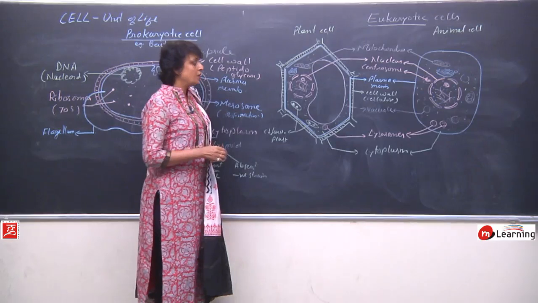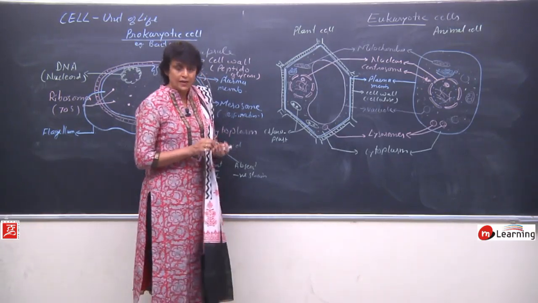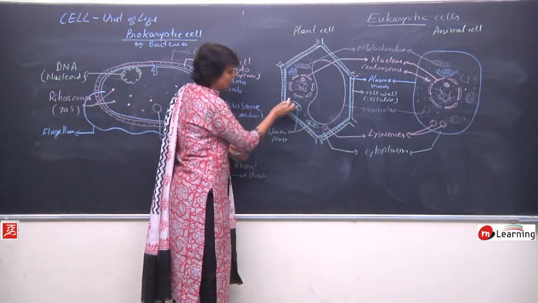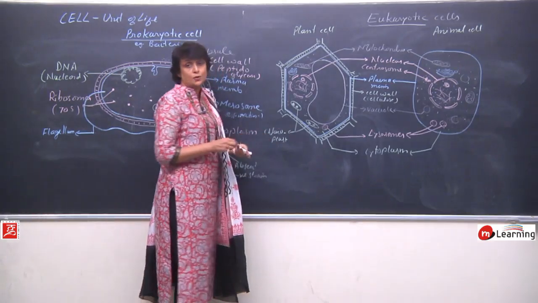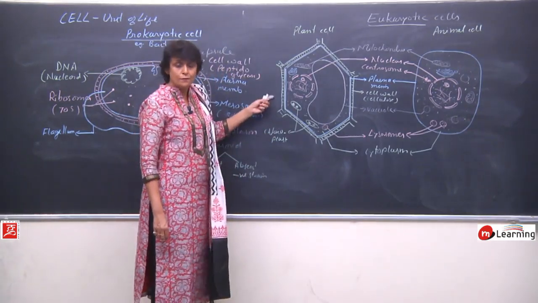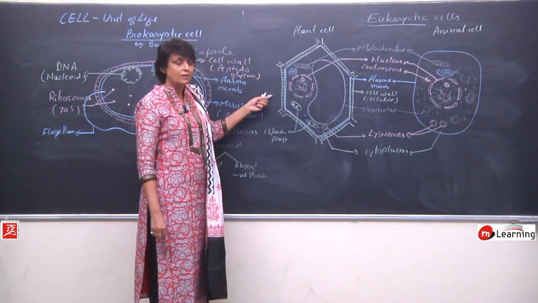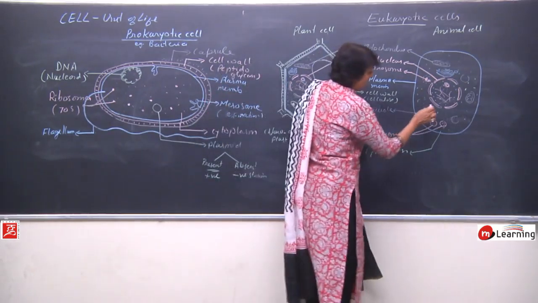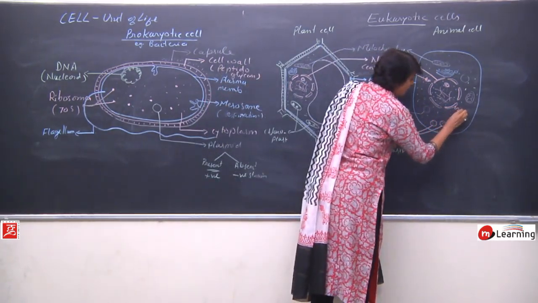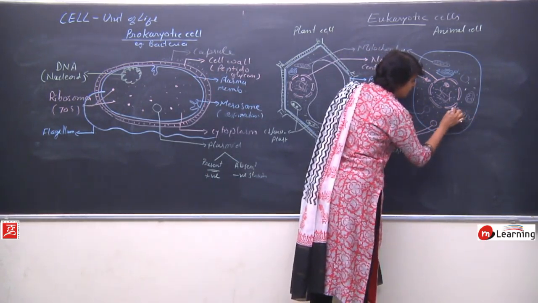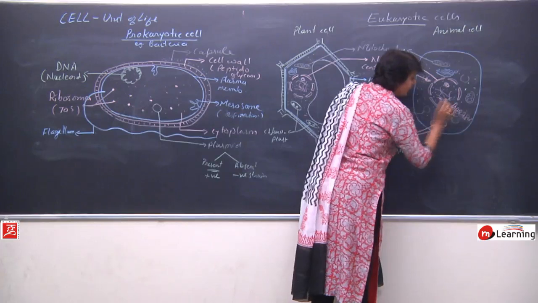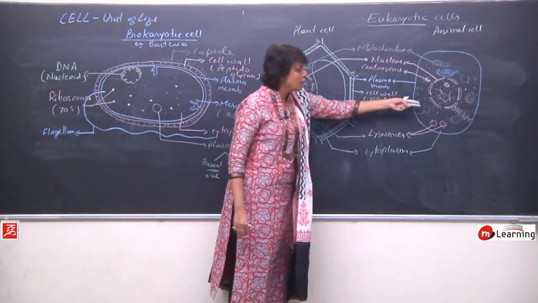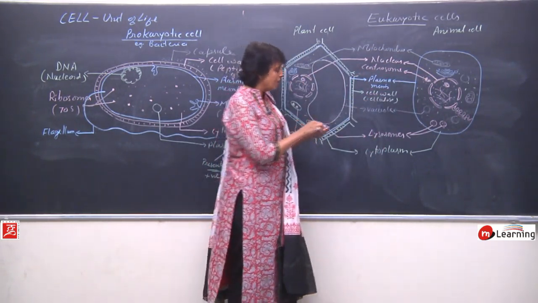One more organelle which we need to draw is the endoplasmic reticulum. It is a network of tubules which normally runs between the nuclear membrane and the plasma membrane. There are two types of endoplasmic reticulum. One is rough, which we call RER or rough endoplasmic reticulum, and the other is smooth. So we will draw one of both. Normally this is drawn in the form of a tube-like thing, but it is not exactly a tube. When we come to the structure of the endoplasmic reticulum, we will see the exact structure.